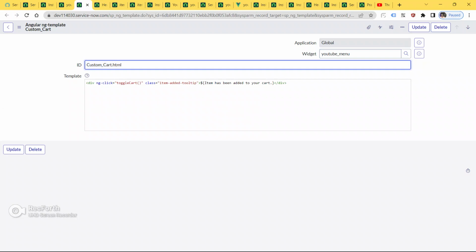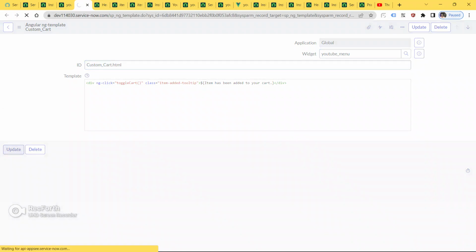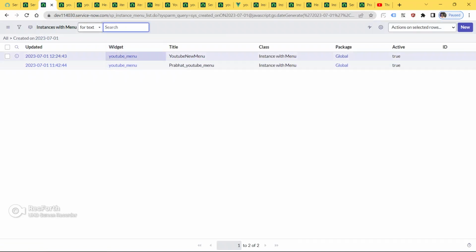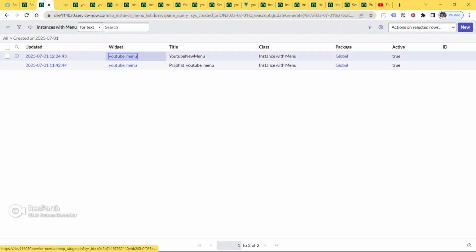Click here, .html, update, go here and refresh your page. We're not able to see our cart.